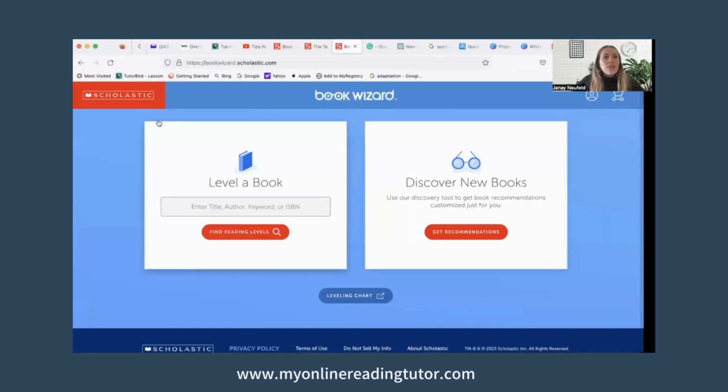It can be tricky to find books at your child's specific reading level at home. So, one tool that I found that I really like is the Scholastic Book Wizard. And let me show you how it works. So you go to bookwizard.scholastic.com and you can either look up a specific book or author or even the ISBN number and figure out